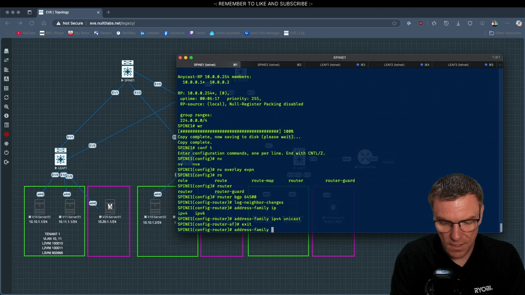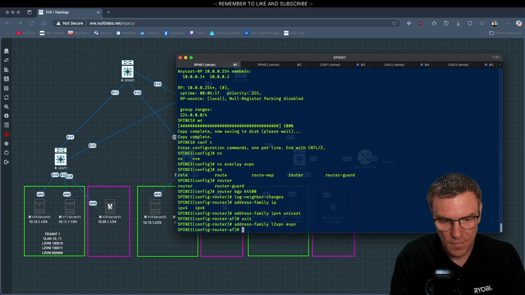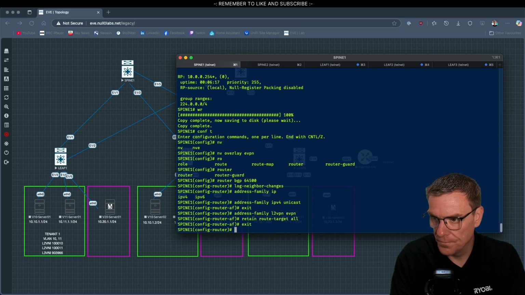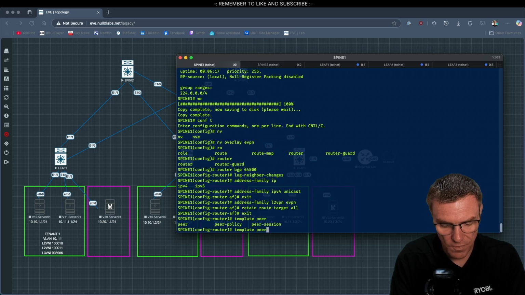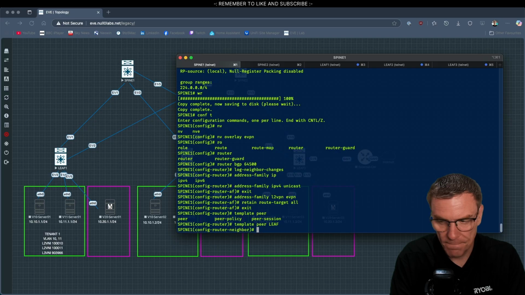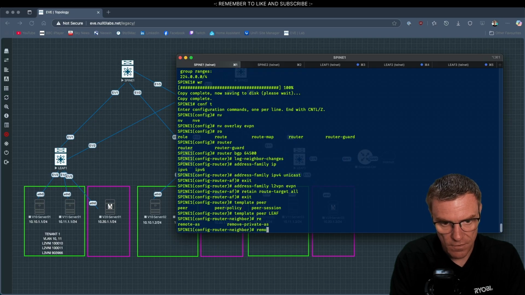Address family L2VPN EVPN. Main route target all. Set up a template for our leaves. So the peer will be leaf. So the remote